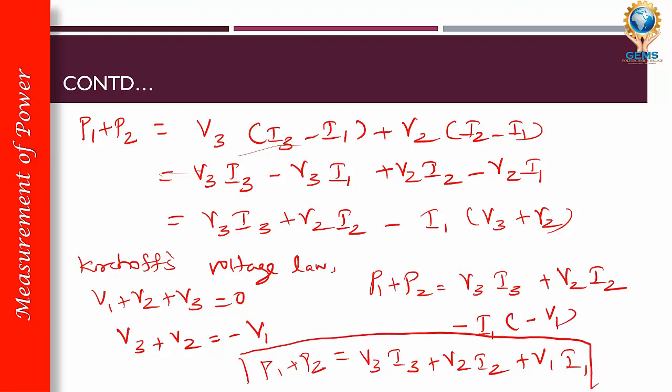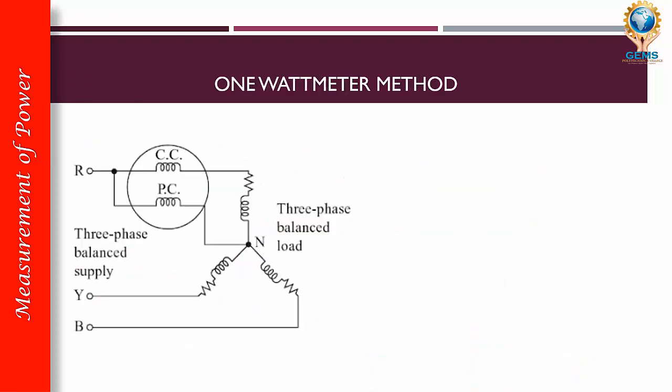So we have found out the total power when we have a delta connection and also a star connection for 2 wattmeters. So now we can see how we can measure power using 1 wattmeter. So even if it is 3 phase, for 1 wattmeter, the voltage is going to be the same. V1 is equal to V3 is equal to V. And similarly the current will be the same. I1 equal to I3 equal to I.